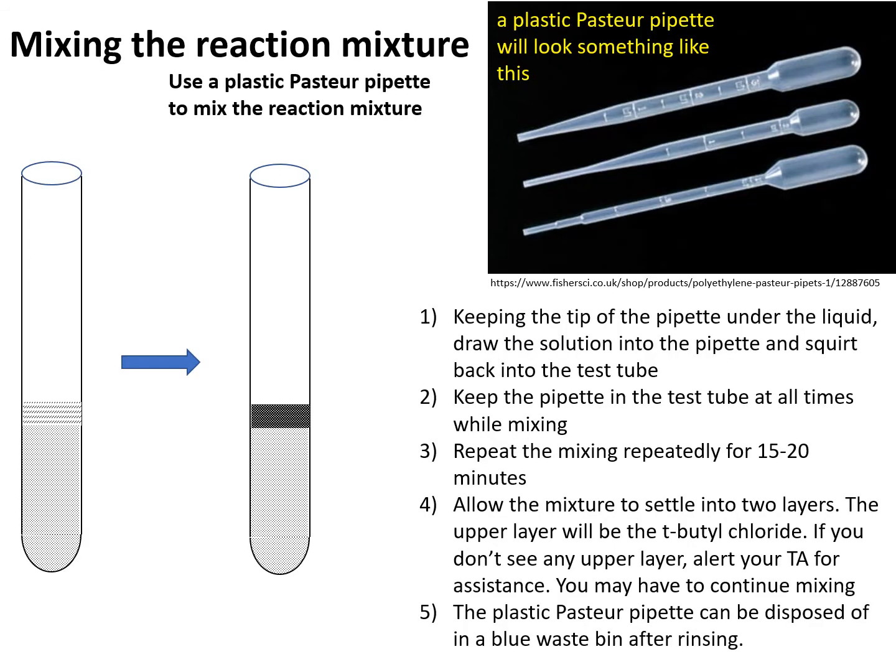At the beginning, these mixtures will form a layer, but that layer is not clear, which means it needs further mixing. To do the mixing, you have to use the plastic Pasteur pipette, and the mixing is